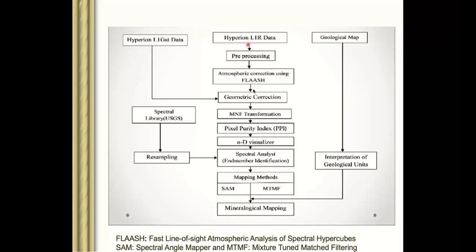Because what happens? The sunlight sends some electromagnetic waves. It hits the Earth's surface, and then it goes to the satellite. So when it hits the Earth's surface and goes to the satellite, in between there are all these aerosols, water vapor, and ozone. And these three atmospheric variables absorb some of the signals, and that's why we are not getting the full signal or full reflectance at the satellite level.